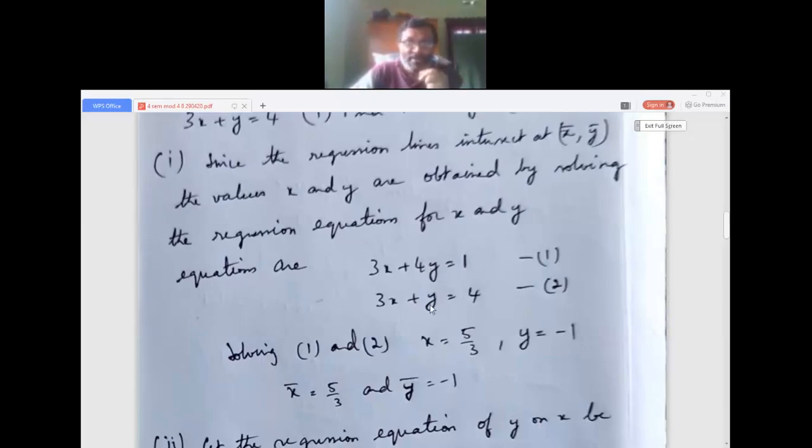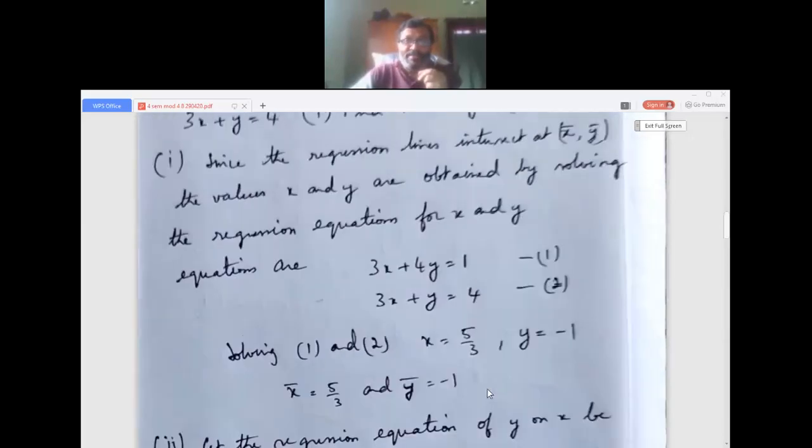So the given two lines, I arrange it x term, then y term, then constant I keep on the other side, or you can write directly. And solve these two equations. Either you know to solve it by adding, subtracting, multiplying, dividing, etc., or use calculator, the answer should be same. All of you should get same answer. So x bar is 5 by 3, y bar is minus 1. So this is the first step.